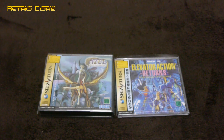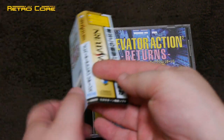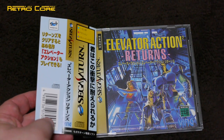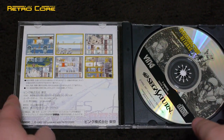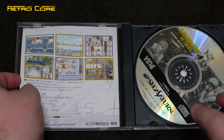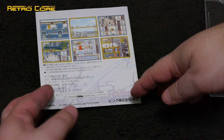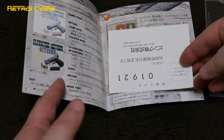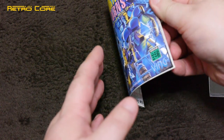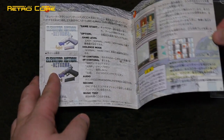In fact, let's take a look at the instruction manual a little bit closer. So here we go with a standard Sega Saturn looking jewel case. Now what would happen is you take off your spine card here, just a normal everyday spine card, nothing special there. And inside the box you would get the game disc, as you'd expect, and a full color manual. Now the full color manuals could vary in page size. Some could be quite thick, which would actually result in a slightly thicker jewel case. Now also inside you would end up with the registration card, as you can see right here, and the manual is your standard affair. Basically instructions on how to play the game, how to control it, and at the back of the book